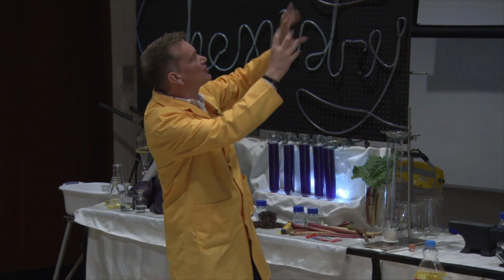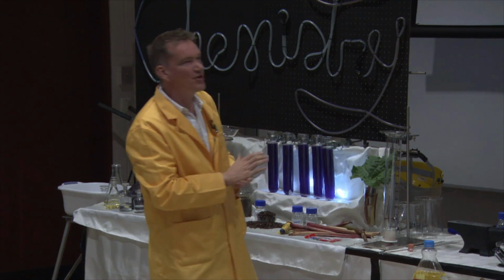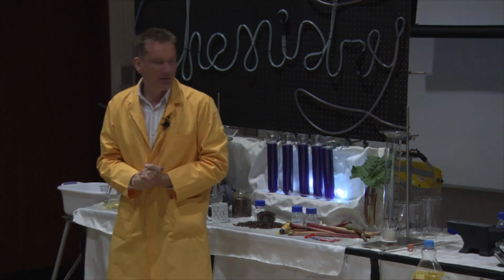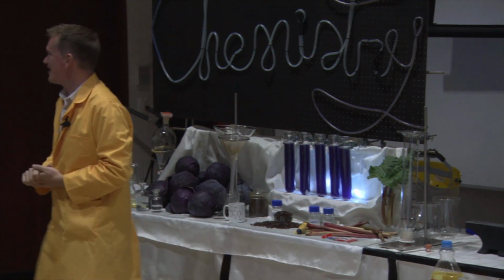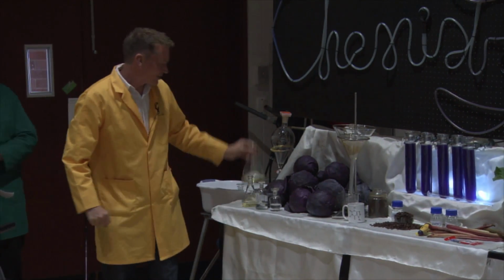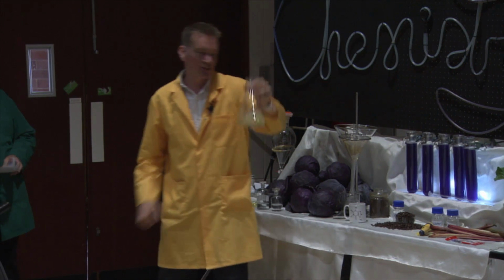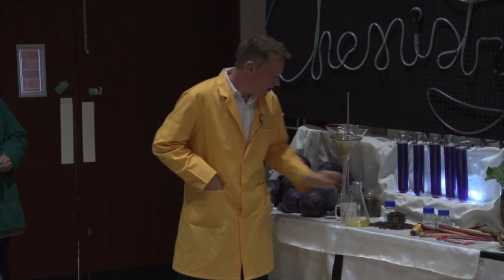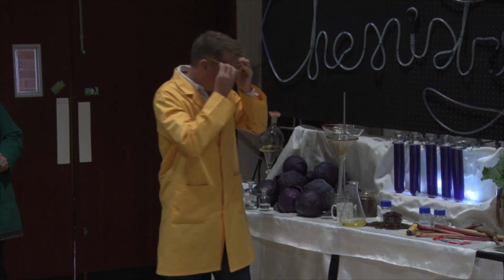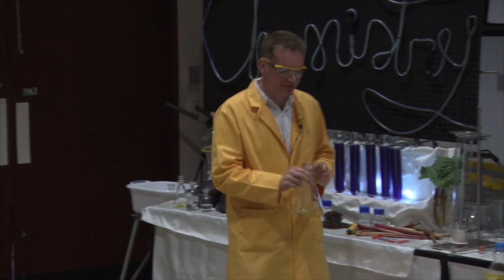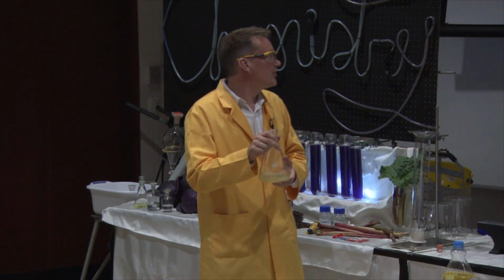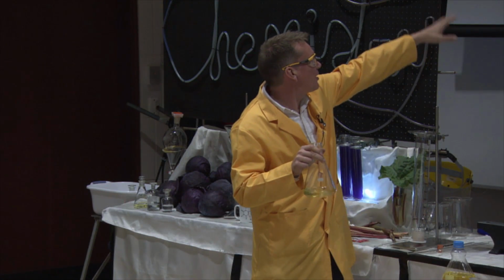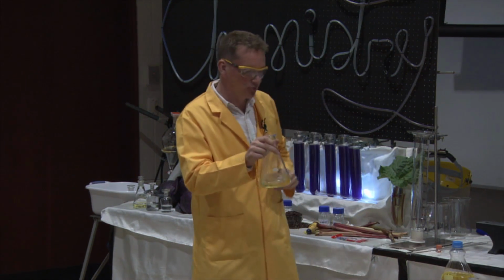But we've reacted those two together, okay, and we've made a new compound. Well, actually, I say we, but Craig has done this, and Craig is standing over here. He spent all day doing this. So we've dissolved this in a solvent, and this is what we've got here. So this is our vanillin combined with the oxalic acid. Okay, we've dissolved it in a solvent, and this solvent is called ethyl ethanoate, and that's the one right in the bottom corner there.